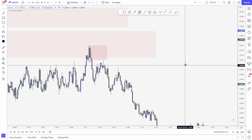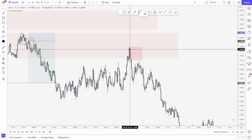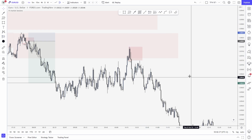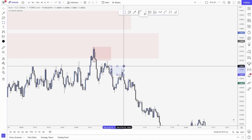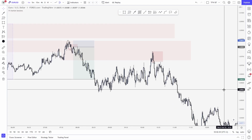I think a lot of the Fanatic members missed this one as well, because we all wanted a tight stop loss. It was only a few that actually took it from here, right, with a good stop loss above, that actually nailed the trade. And I think we had a couple that actually took that one with a stop loss above right there, which also ended up playing out amazingly, right? So that is